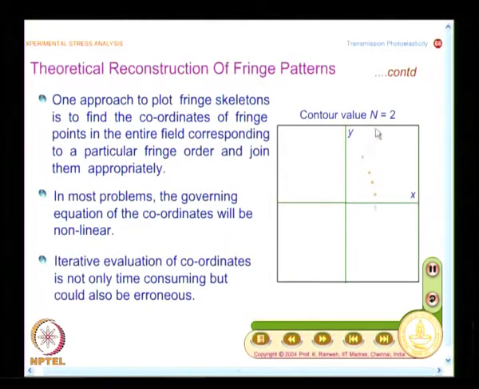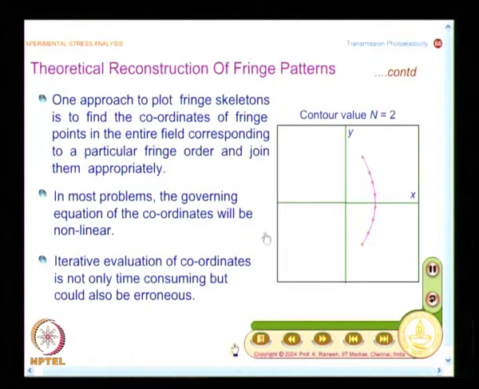And I would get for a fringe order 2 some points like this in my domain, and I will essentially join them by a line. So, when I do like this, then I will have to worry how do I bring in fringe thickness variation, how do I do the calculation, all that you have to think of. And in fact, nowadays fringe plotting is so simple, people have developed and established programs also published, and it is not a big deal. In early days, several research papers were written on how to plot fringe skeletons. It is not so simple.